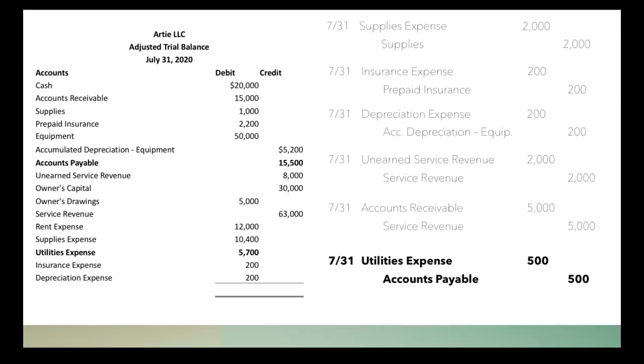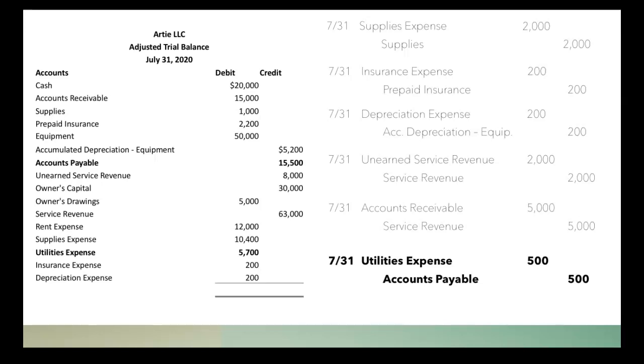So you would post these adjusting entries into a ledger or into your T accounts, and then you would prepare a new adjusted trial balance with all of your up-to-date balance amounts. And then once you do that, the rest of the trial balance setup is exactly the same, right? We list out all of our accounts, list out their balances in either the debit column or the credit column. Then we have to total up our debits and total up our credits, right?